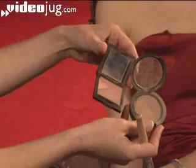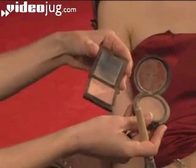I'm going to use a translucent powder now on the cheek area to create a contour using a contouring blusher, which is very different to a normal blusher. It's a very sort of matte, almost grey shade. And we're going to use an angled brush